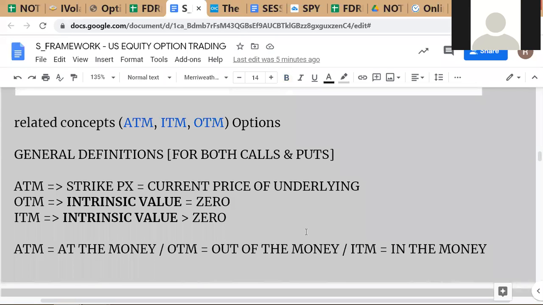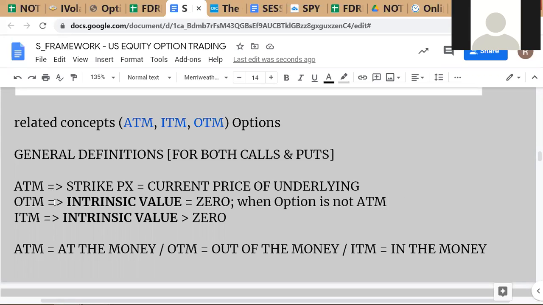So we should actually be careful with ATM, because in the case of ATM, I should not write it just like this, since this is not uniquely different from this: in the case of ATM also IV is equal to 0. OTM generally means that IV is equal to 0 even though the option is not ATM. That is, it's not at the money, but it still has 0 intrinsic value because of the way we have defined intrinsic value.